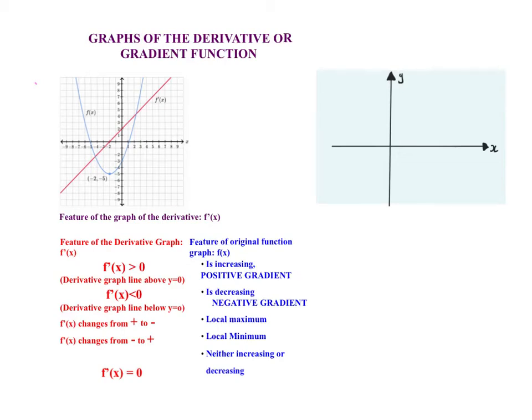Okay, in this lesson we're going to look at the graphs of the derivative. So we've been working on finding the rule for the derivative when we get given the original function. If you look at this graph on the page, the blue parabola, the quadratic, was the original one, and in red they have graphed the formula they found